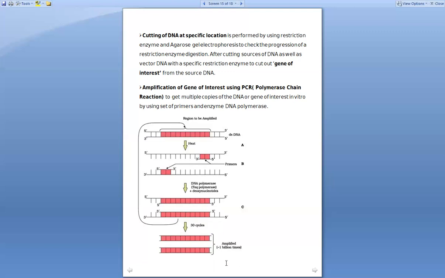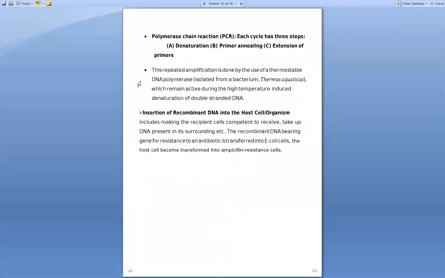The amplification which is taking place over here when you are running 30 cycles, just think: from one, if 2 is formed, then if we run 30 cycles, how many times is the particular gene of interest amplified? It is not necessary that you have to run only 30 cycles. It is based upon the type of reaction which is going to take place, and what amount of product you want from this particular gene of interest. It is based upon how much you want to amplify the gene of interest. So this is about the polymerase chain reaction.